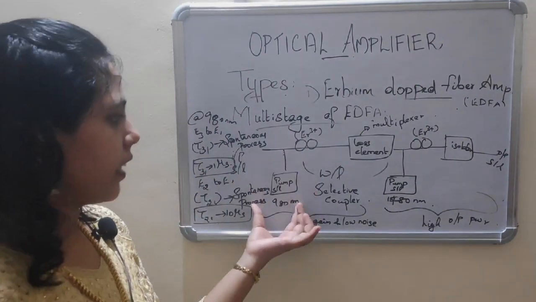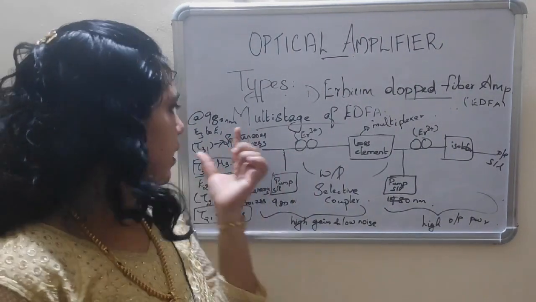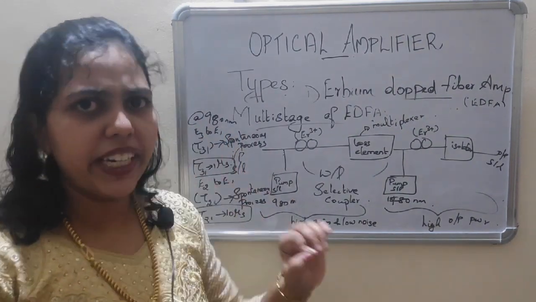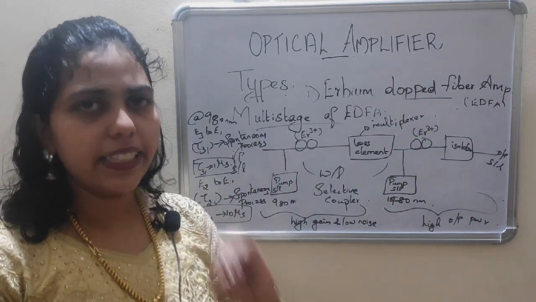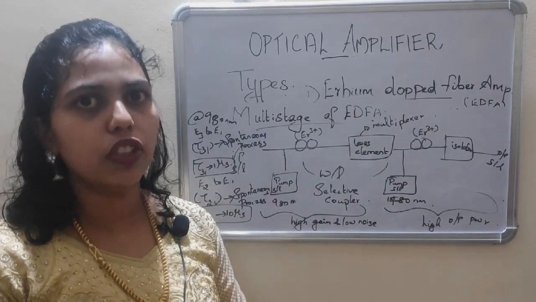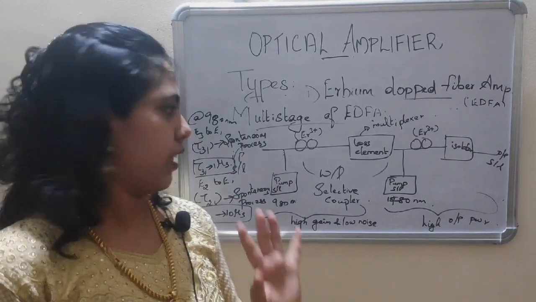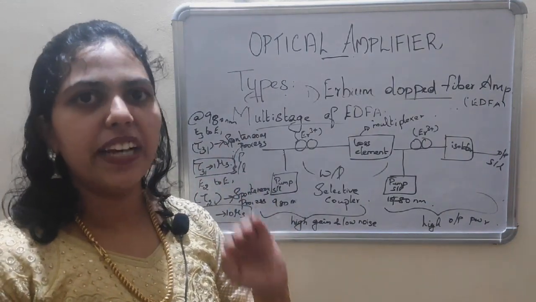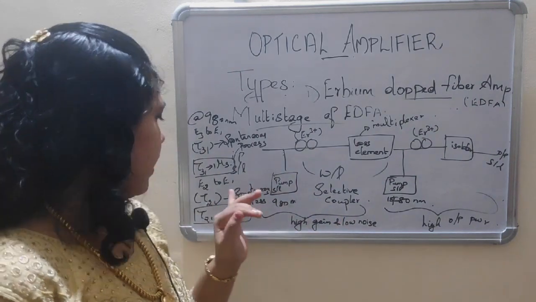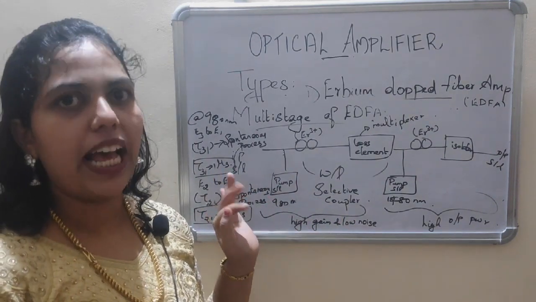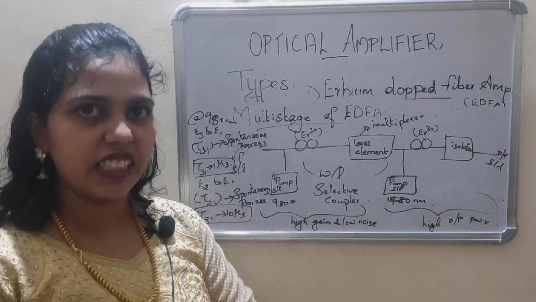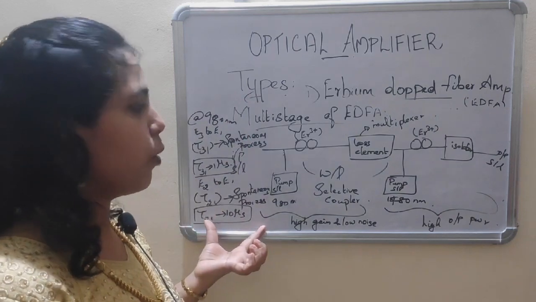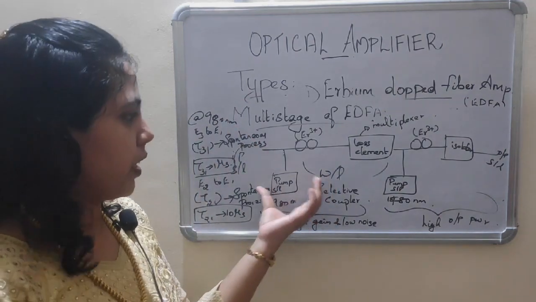In 980 nanometer there are two transitions. The first transition is from E3 to E1. This is done speedily by a spontaneous process, denoted by tau 31, with the range of 1 microsecond. The next one is E2 to E1. This is also done by a spontaneous process, denoted by tau 21, with the range of 10 microseconds, which is larger than tau 31. These are the processes in the 980 nanometer transition.